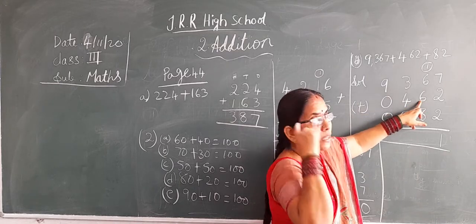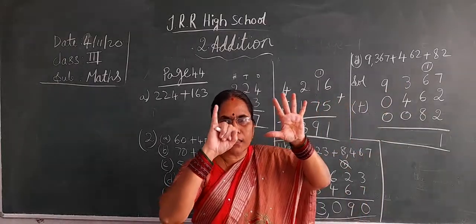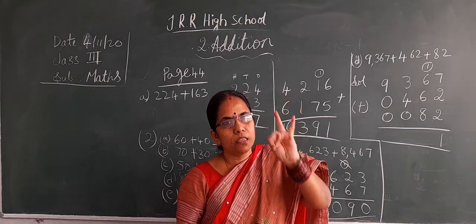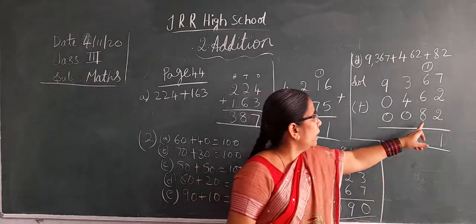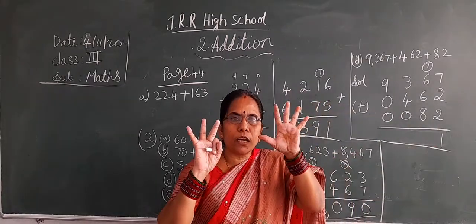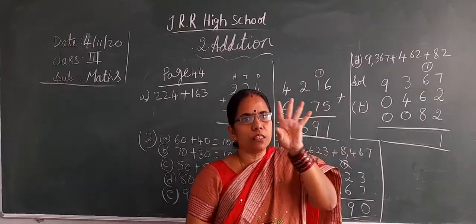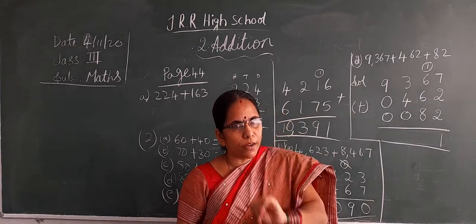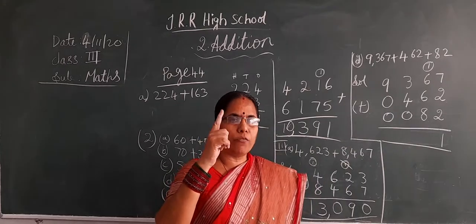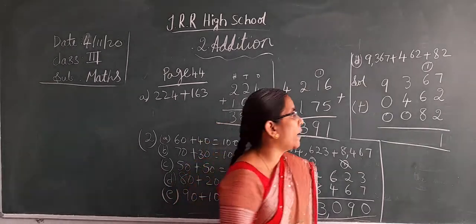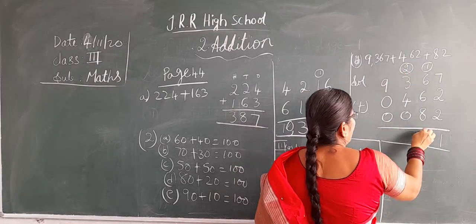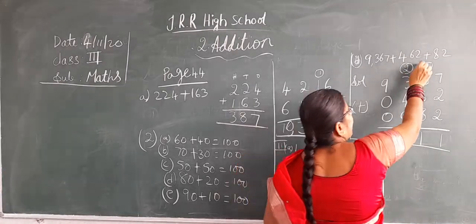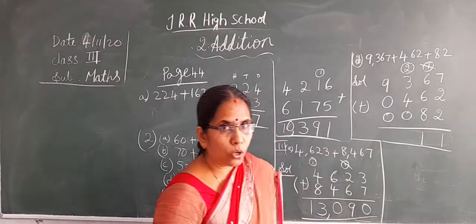6 in the mind, 6 on the fingers. 6 after 7, 8, 9, 10, 11, 12. That 12 keep in your mind. 12 in the mind, 8 on the fingers. 12 after 13, 14, 15, 16, 17, 18, 19, 20. 20, and add the carry also. 20 in the mind, 1 on the finger. 20 after 21. That 21 makes 2 here in the hundreds place, 1 in the tens place. And cut this number. Okay?